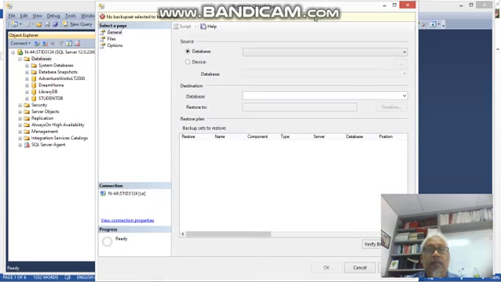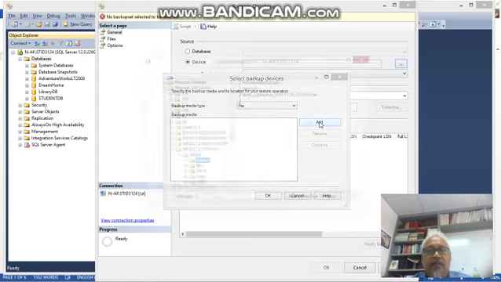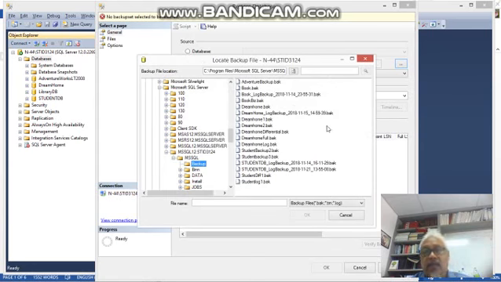Okay, restore database, and then we need to restore the database from the devices, not from database, from the devices. Where the devices, we will find the database. In this case, we choose the file, not the backup devices, the file itself. Then we need to add the backup database that we already created, right? In this case, need to find the visas database. Okay, click add and go to